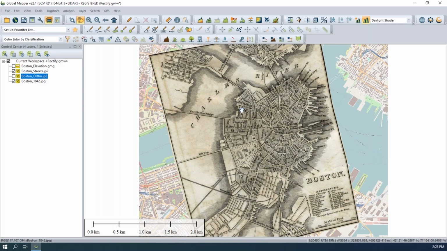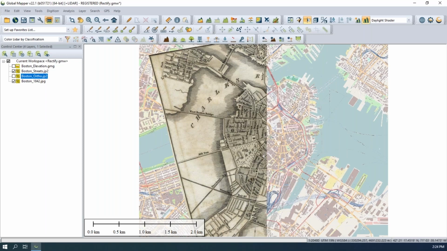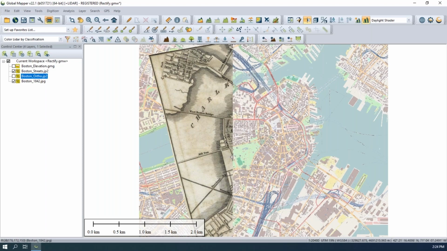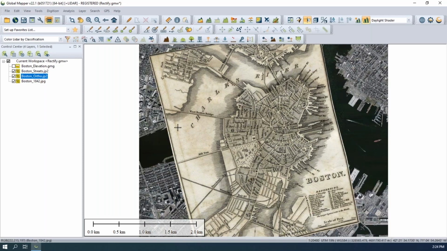Now that we've got 2 raster layers, one laid over the other, we can do a little bit of visual comparison between these 2. One way to do that is with the image swipe tool. So from the viewer toolbar, I can pull back the historic map to reveal the more current street data below. Just clicking and dragging, pulling back that map. I could turn on the imagery, that ortho image for Boston as well, and perform the same action, pulling back the historic map on top to see